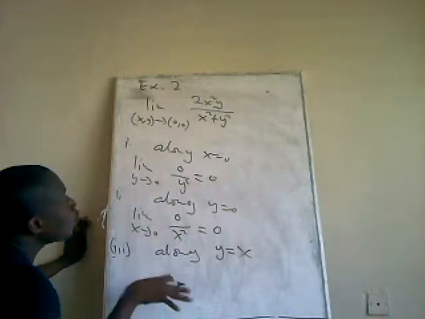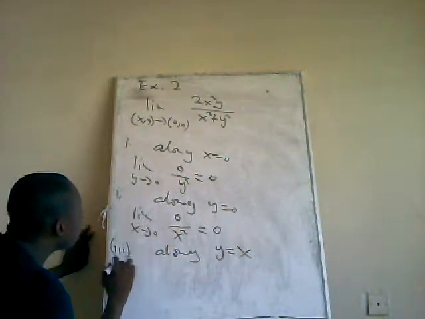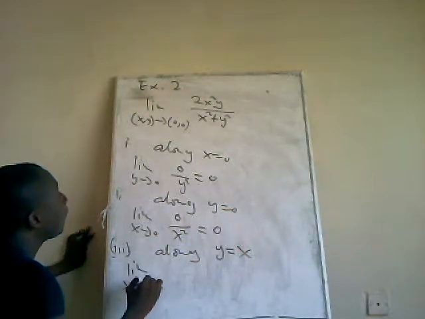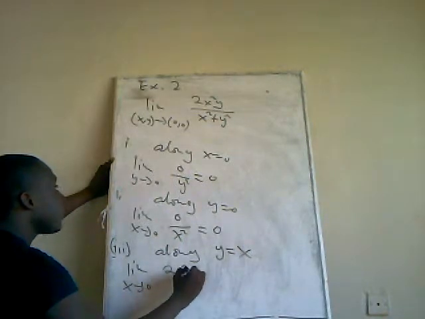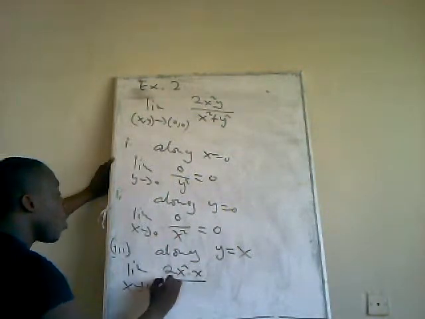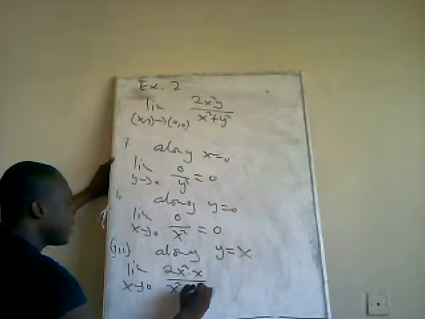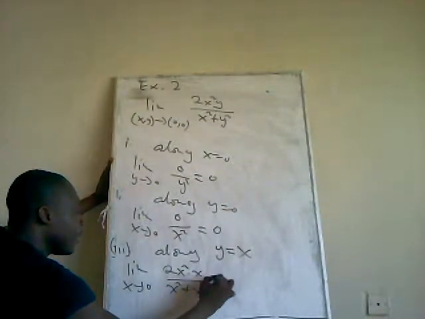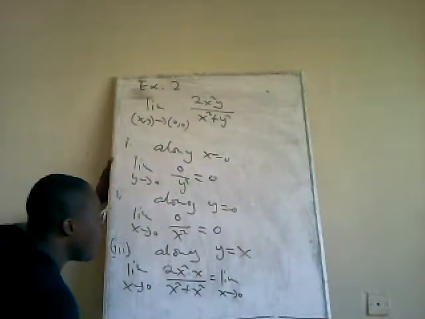Now if y is equal to x, in place of y I'll put x, and that will give me the limit as x approaches 0 of 2x squared times x all over x squared plus x all squared, and this clearly becomes